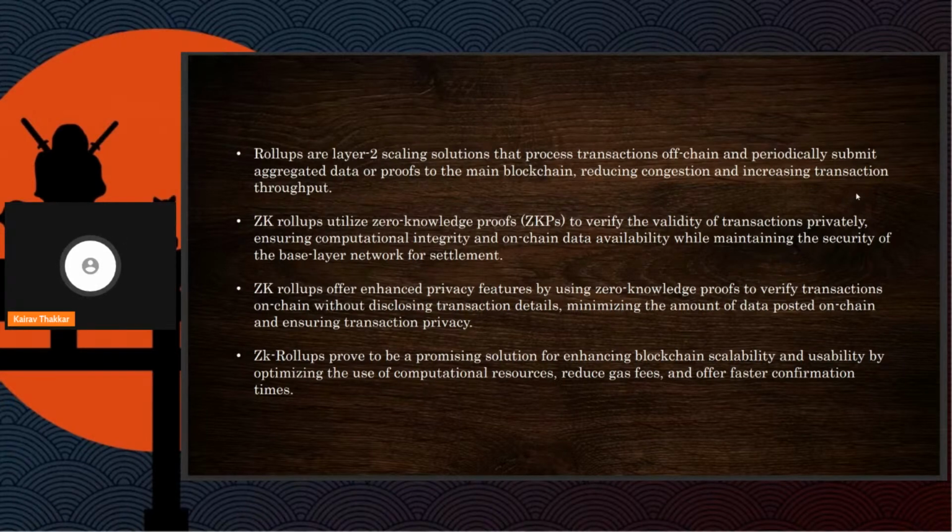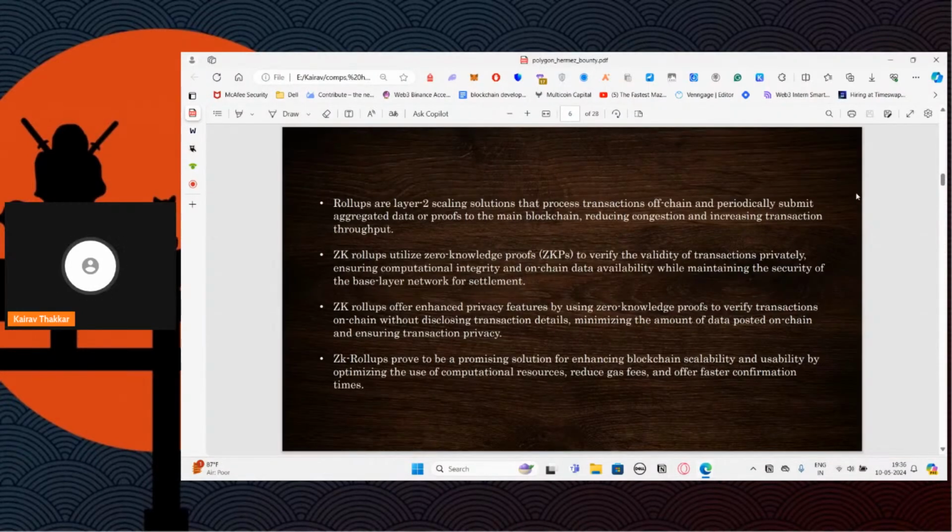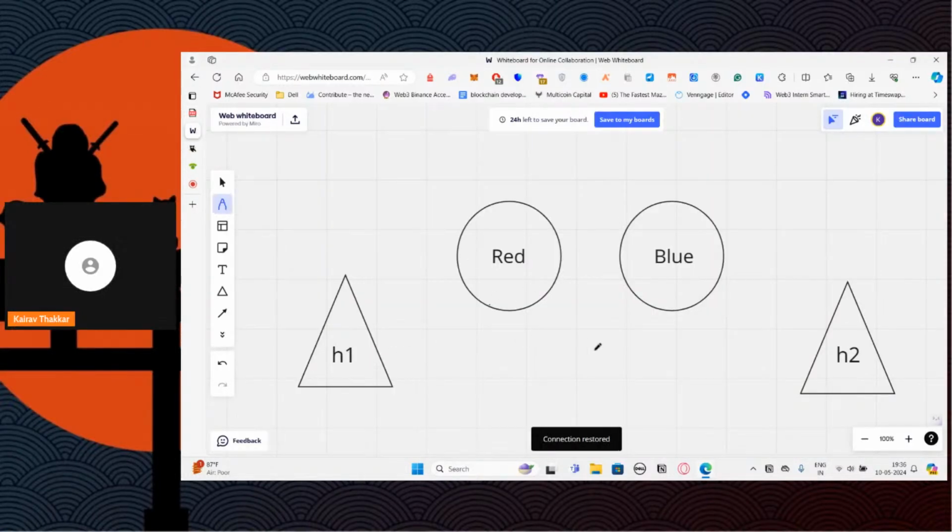So to understand how zero knowledge proof works, I have a very simple example of, let's say, two balls and two human beings. Here we have a red ball and a blue ball, and this is human 1 and human 2. Let's say you have these two balls. Human 1 has to prove to human 2 that these two balls are of different colors